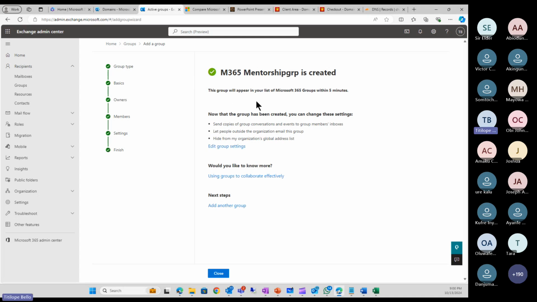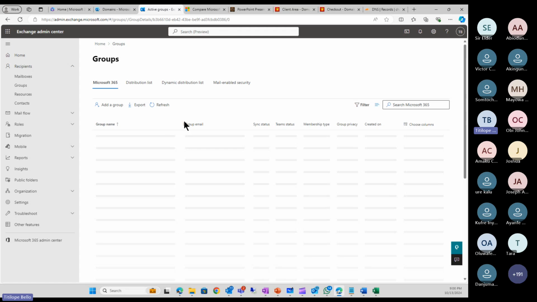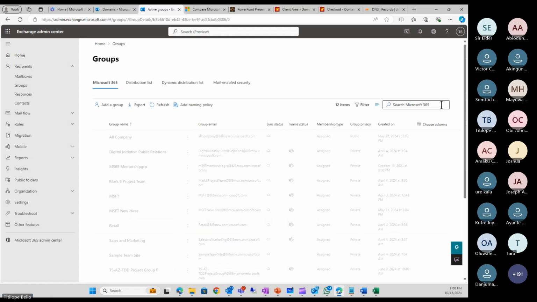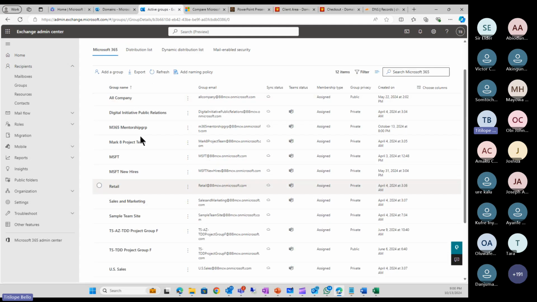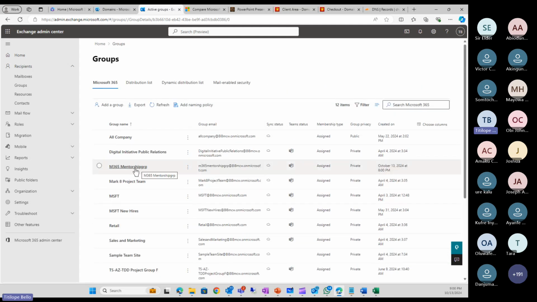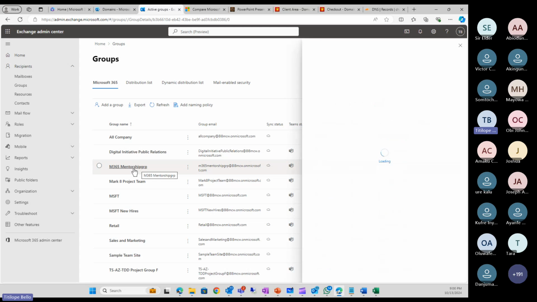Okay, and the group has been added. We can either create another group, edit the group settings and the rest. So before we go to other groups, right? Let's go to group settings so that you can see. As I said earlier, when you create a group, that's a Microsoft 365 group, you have the option to configure that users, the members, should get their email directly in their inbox. If you don't do that,